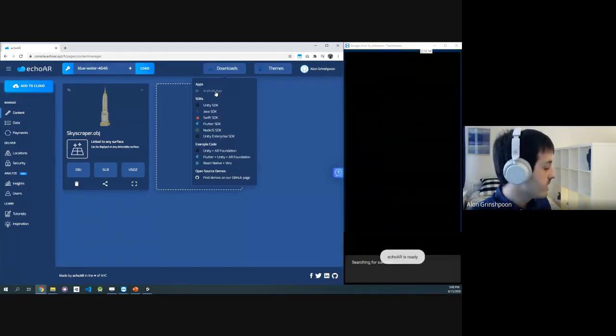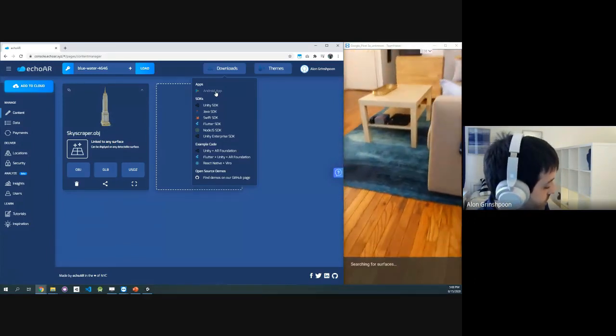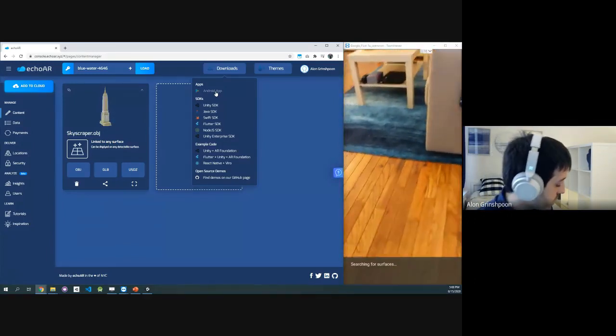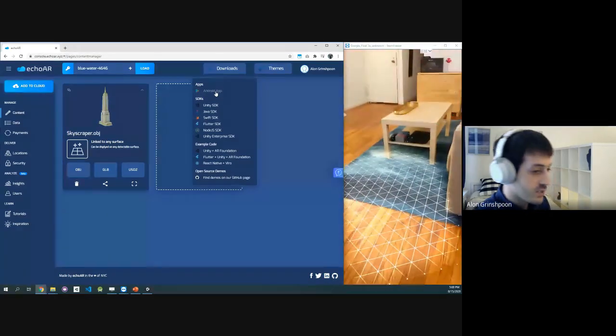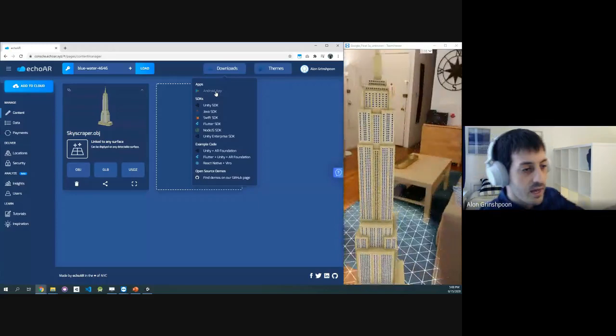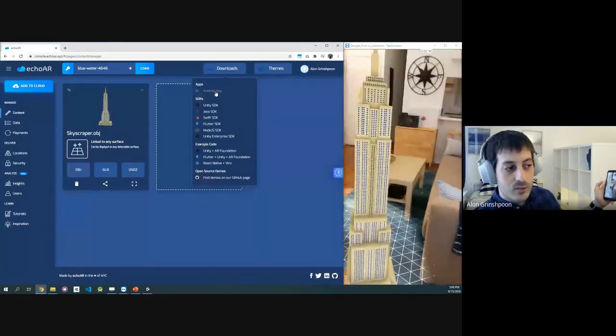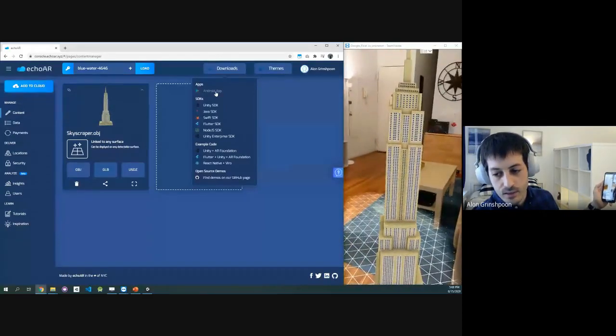So it will basically stream the 3D model of the Empire State to my apartment. You can see my apartment right now. The camera will recognize that there's a floor here. So let's move the camera a little bit, recognize that there's a surface, a floor, and voila, the Empire State is here with me. I can walk around it, walk inside. Super, super simple. And all I had to do is put it on the cloud and it automatically connects to our